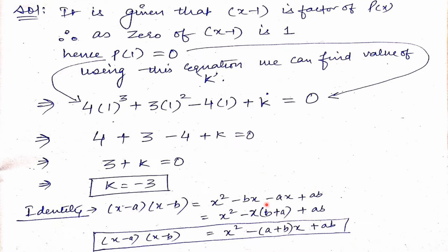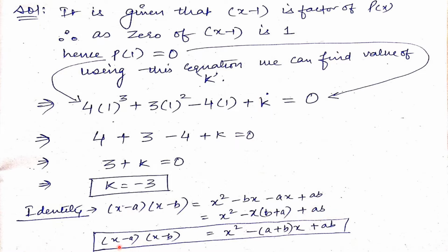Now these two x terms are the same, so they can be taken common. Also we have a negative common, so we have taken minus x as common. What is left inside? b plus a. So you can see in this complete expression we have x square, x, and this is the constant term. Kindly notice this constant term. This only will help us in the factor theorem. Okay.